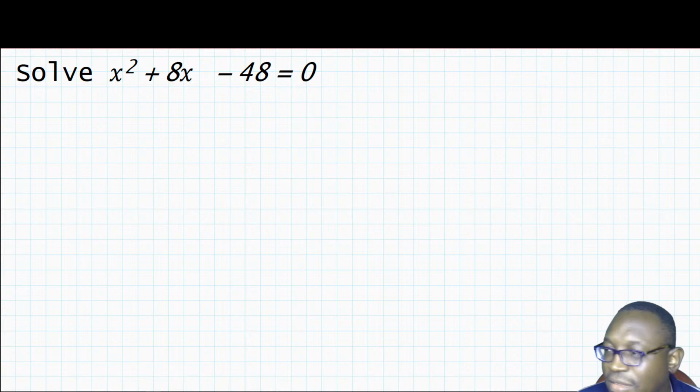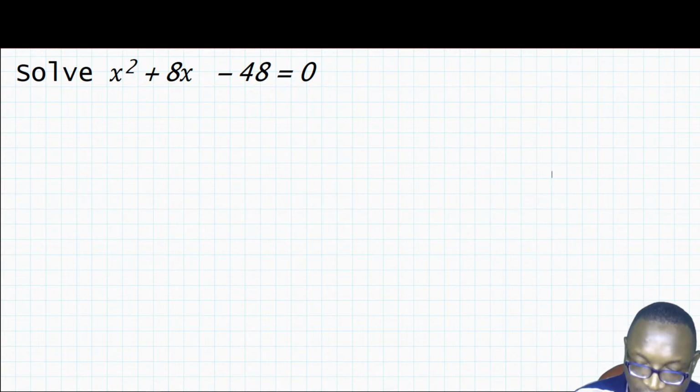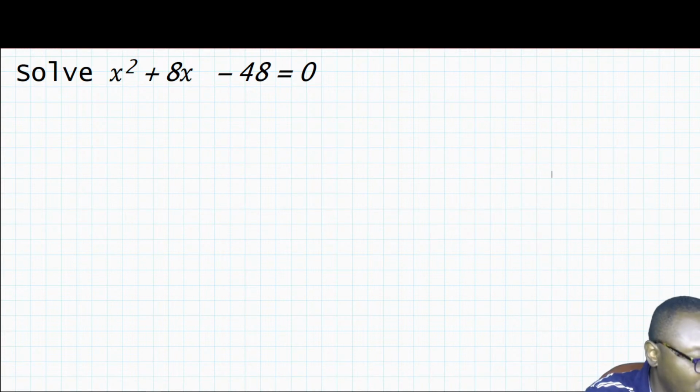Okay, so I'll give you a few more moments on this, and then I'll show you exactly what to do. Let me give you a hint so that you can have something to work with. The quadratic formula, I'm going to use the quadratic formula. The quadratic formula is expressed this way: x equal to,